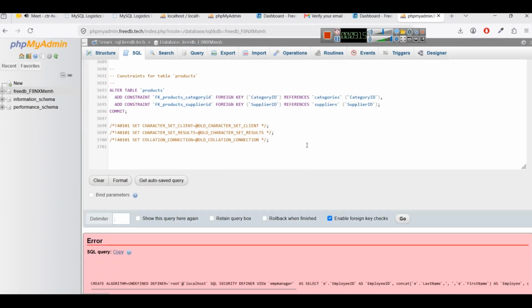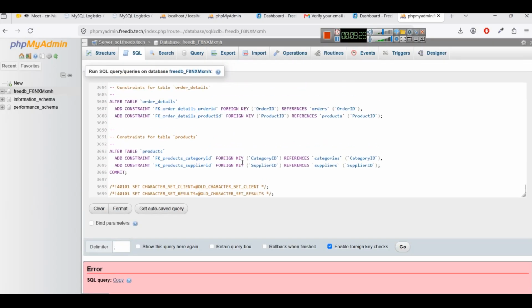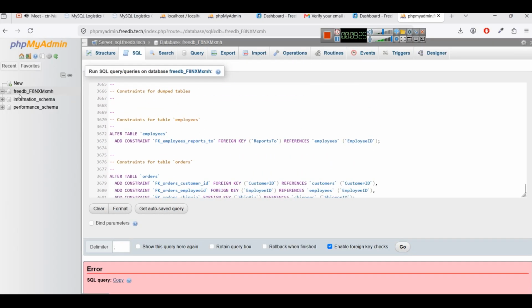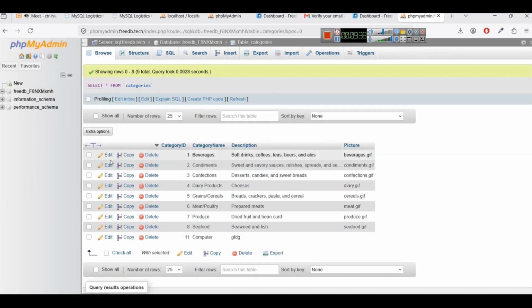This way you will create, and you can see access denied, for create algorithm. So what is happening is, for some of these commands we are unable to execute them, but you can see most of the data is now loaded here. So in categories we have data. Okay, similarly in